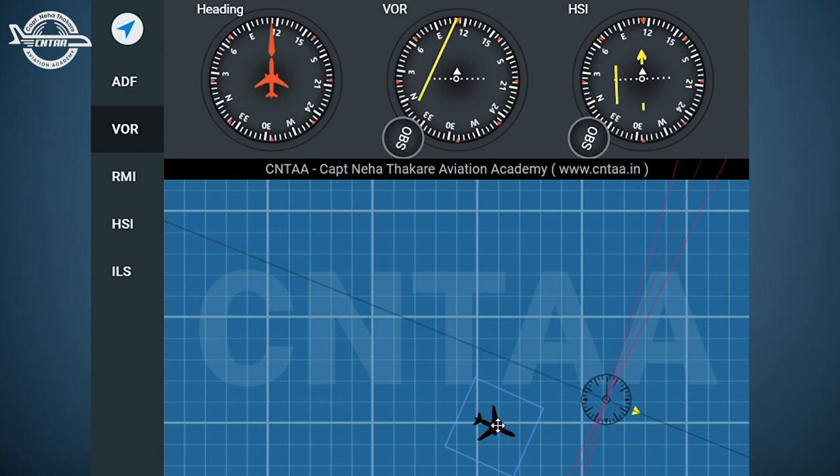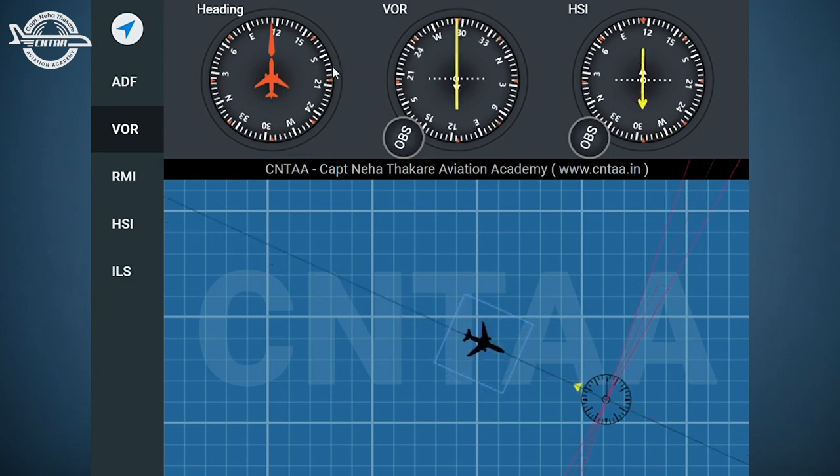If aircraft heading is within plus or minus 90 degrees from OBS, then it's correct sensing. So the pilot needs to glance his vision from VOR and heading indicator apart from primary instrument scan, either T-scan or radial scan. HSI is an instrument which has a dial of heading indicator and needle of VOR indicator. This will help to resolve reverse sensing. So just look at the heading and the OBS in the HSI, and if there is a difference of more than 90, then you will very obviously be able to figure out whether you are flying in correct or reverse sensing. Let's see what that is.